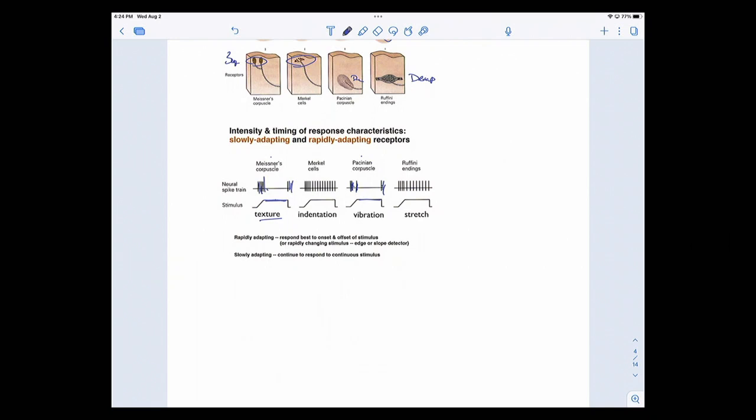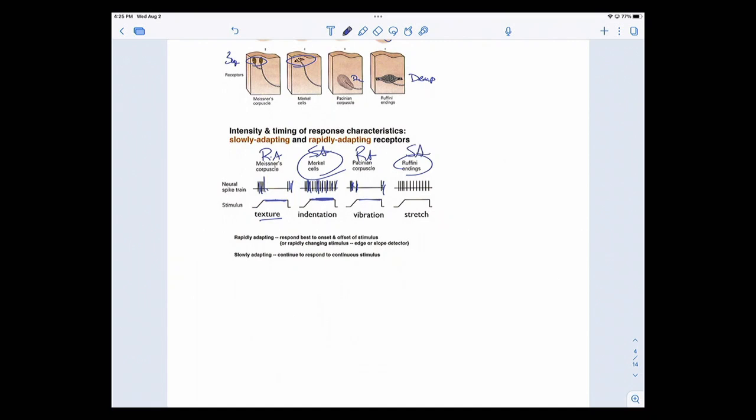In the slow adapting receptors, which are going to be your Ruffini's and your Merkels, you'll have a rapid increase in action potentials when they're being stimulated. But as long as you have the stimulation there, you're going to be having action potentials. So those are slow adapting. As long as you're being stimulated, they're not going to go silent on you. You're going to be aware that whatever's touching you is in fact touching you. So of these, half of them are rapid adapters. That's a rapid adapter, that's a rapid adapter, this is a slow adapter, and a slow adapter here.